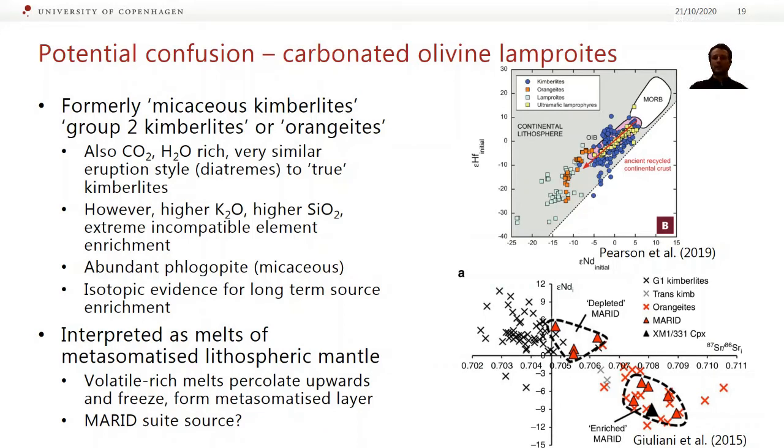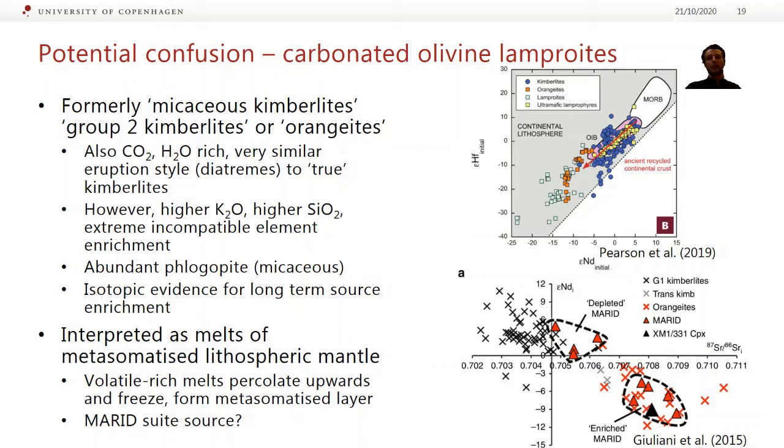So they have a lot of similarities to kimberlites. They're also carbonate-rich and water-rich, and they have a very similar eruption style. They form these diatremes and apparently explosive eruptions similar to the true Group 1 kimberlites. There's a few notable differences. You might have spotted these on some of the plots I put up earlier. So in the top one here, they're listed as orangites,